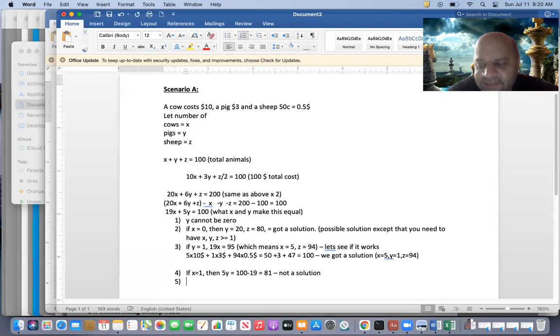Anybody else? Avnish? Ahan? Shreyas? Did you get this? If you have not understood this at a fundamental level, then let me know, because we will solve the second scenario and then you will understand it. Madhura, you got this, right?